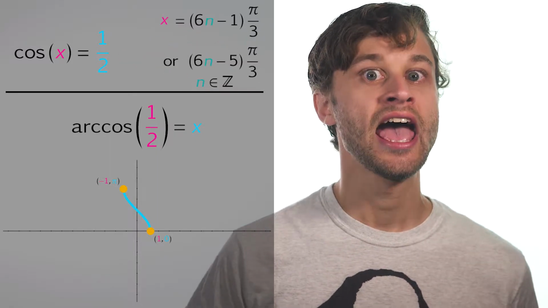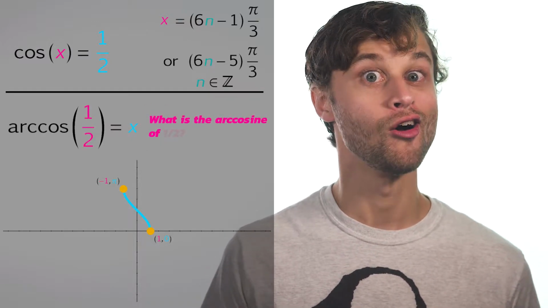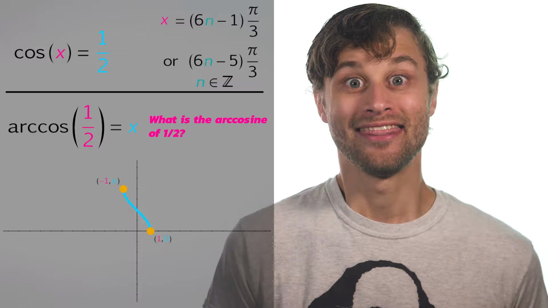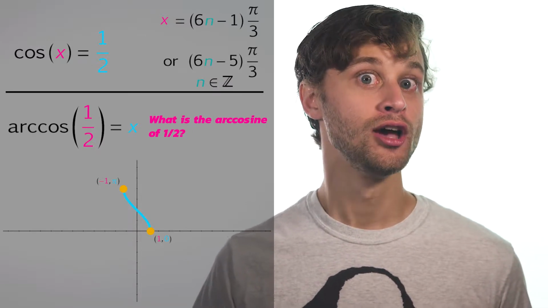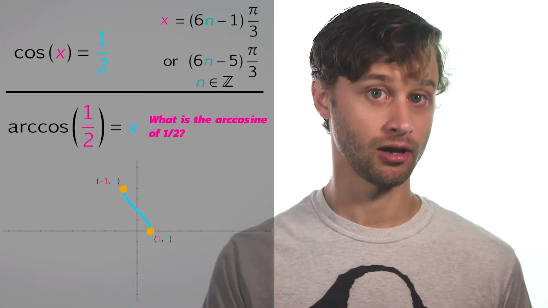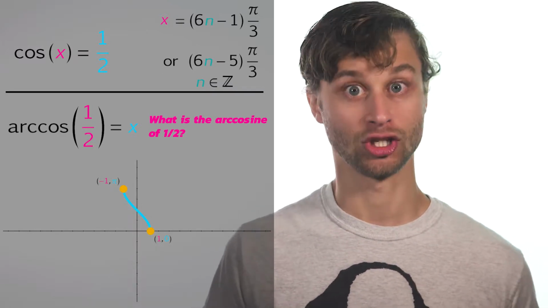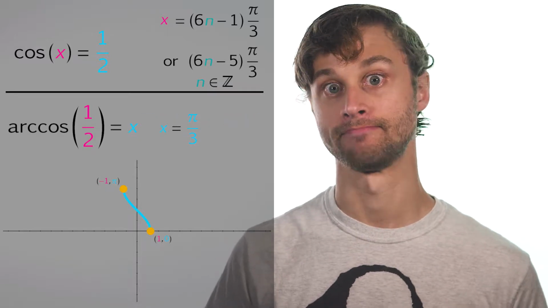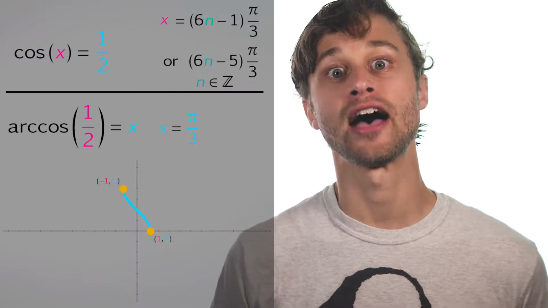The second question asks this question. What is the arc cosine of 1/2? Well, because arc cosine is only defined on the interval from 0 to pi for its range, that means there's only one solution. That solution is pi over 3. 5 pi over 3, for instance, doesn't exist along that range,